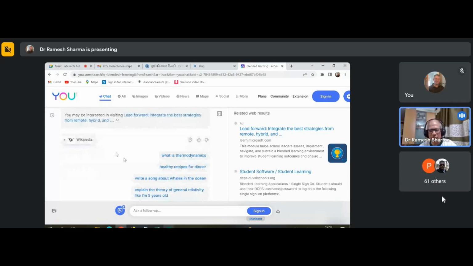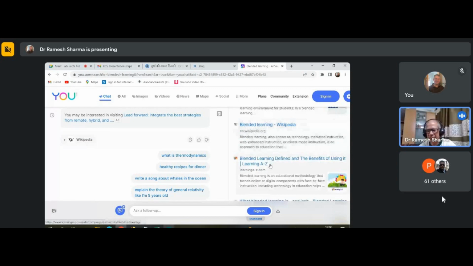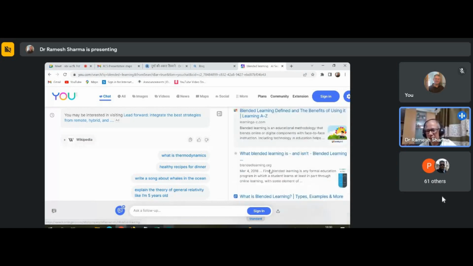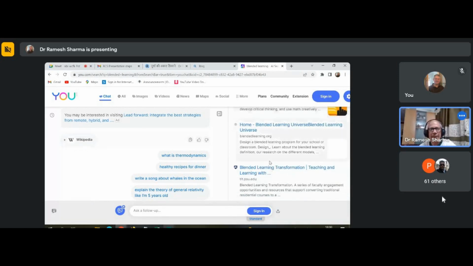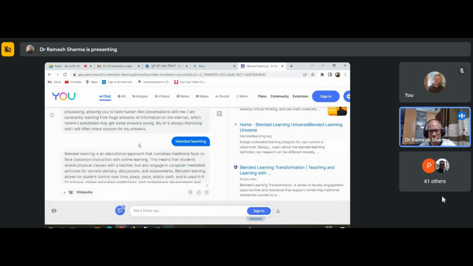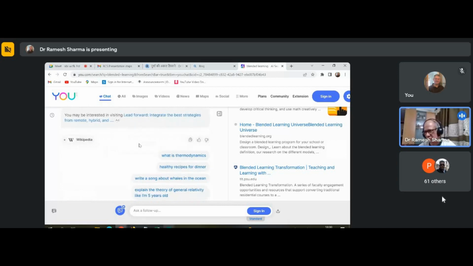And then it is telling you some more questions. And on this side, it is showing you the resources like Wikipedia, blended learning defined. These are the resources which you can select and go to. Similarly, here it shows you, like in Google, the advantage of this tool over other search engines is that other search engines don't give you the references. But here, it will give you the reference as well, which you can quote,